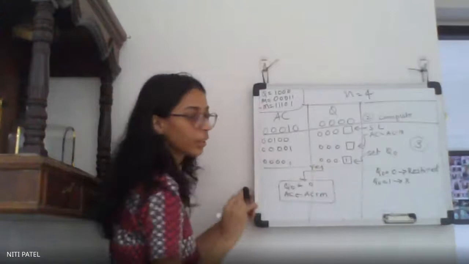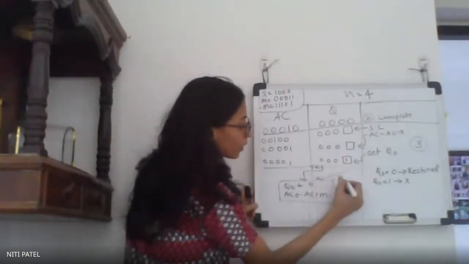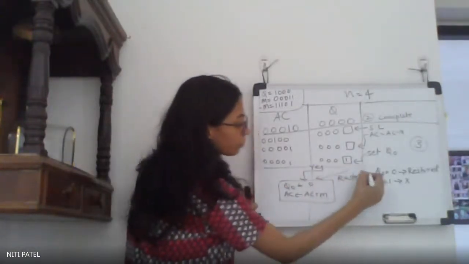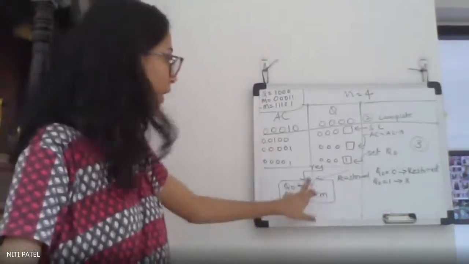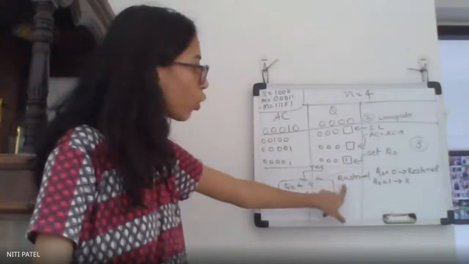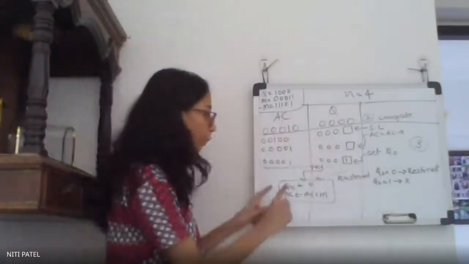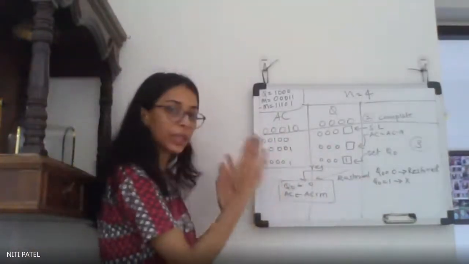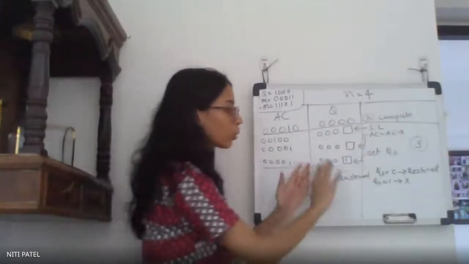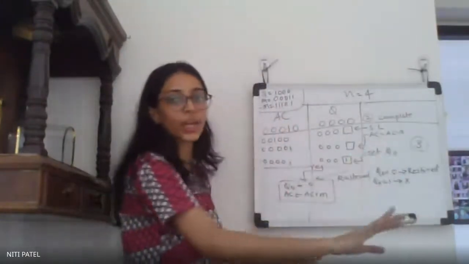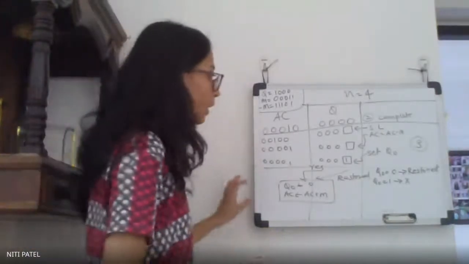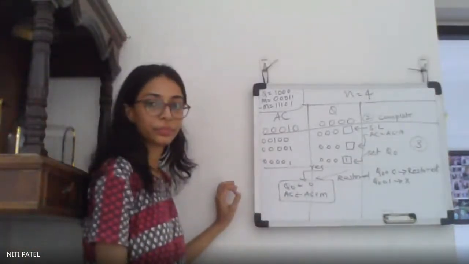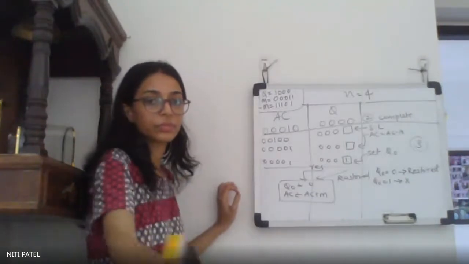Where it is written, you make one arrow and write restored. Below the yes, make another arrow and write restored. So whenever you perform this part, only then it will be restored. Whenever you perform the no part, it will not get restored. Okay? Is this written? Yes or no? Yes, ma'am.